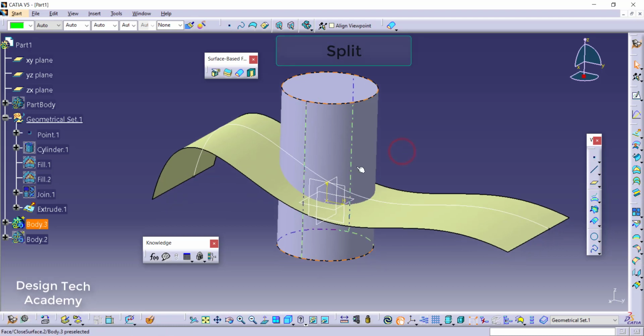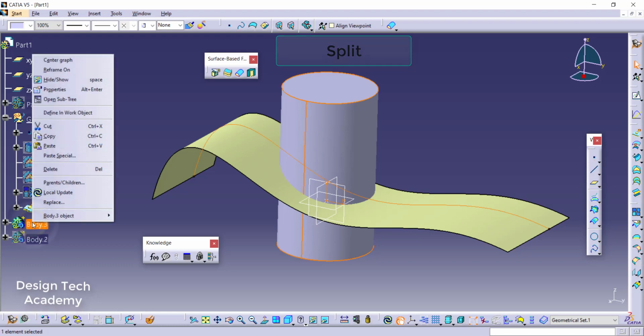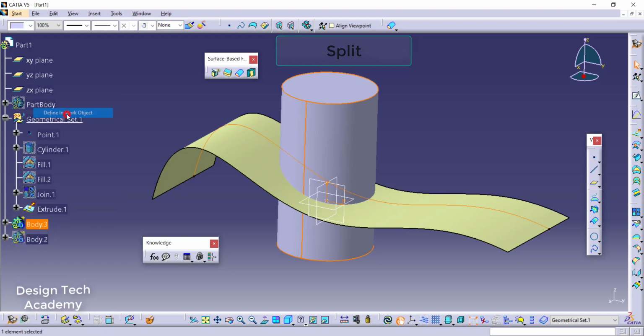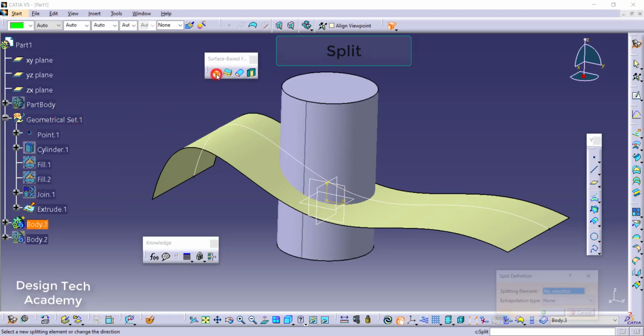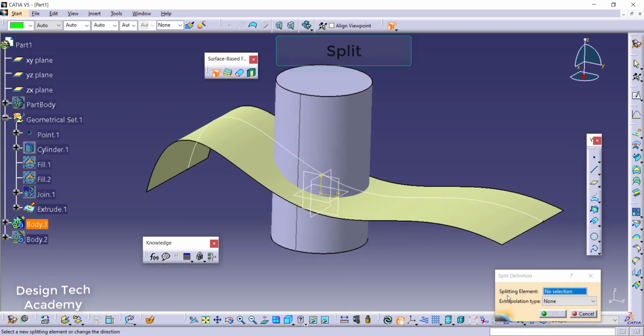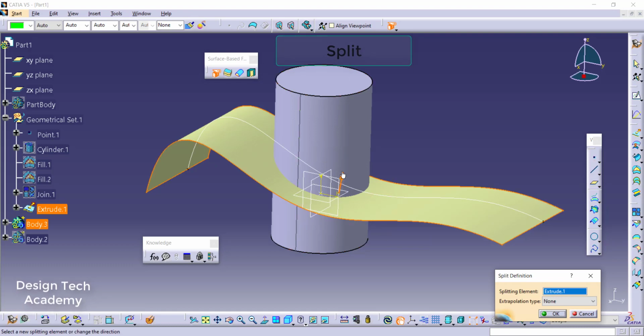So take this command with this body. So I am defining it here. Take the command and select the operation. That's when you select the surface and the direction which you want to continue. That's when you want to keep and what you want to remove.